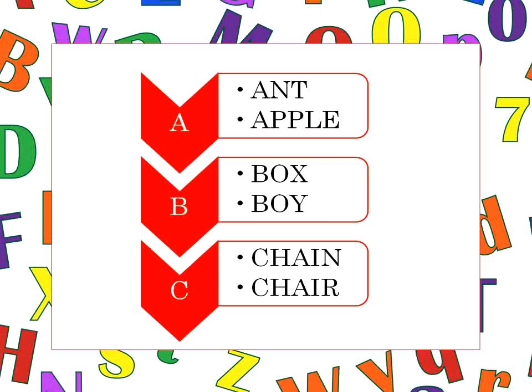Now what about the third? Chair and chain. Here we see C, H, A, I. The four letters in both the words are the same. So we will look at the next letter, that is R and N. And which one will come first? Yes, it is N. So chain comes before chair. Well done. I think you are being able to follow alphabetical order very well.